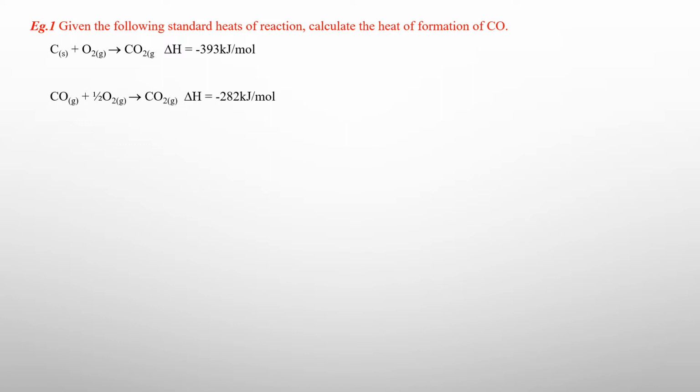Okay, so let's look at example number 1. In this case, we are supposed to be calculating the enthalpy change for the heat of formation of carbon monoxide. To calculate this, we are given these two equations, whose enthalpy change is already provided to us. So in your exam, if you are given a couple of equations or even information like heat of formation of chemical A or heat of formation of chemical B or heat of combustion, then you should be able to write the equations and then manipulate these equations so that we are able to match the equation whose enthalpy we are finding.